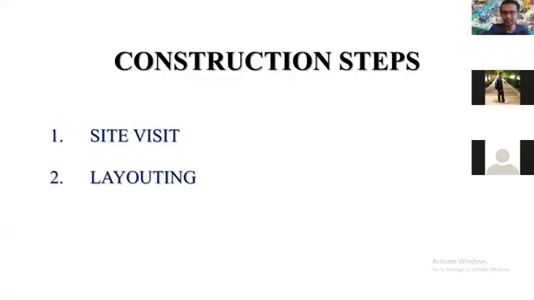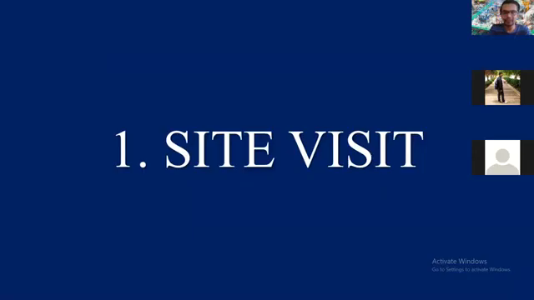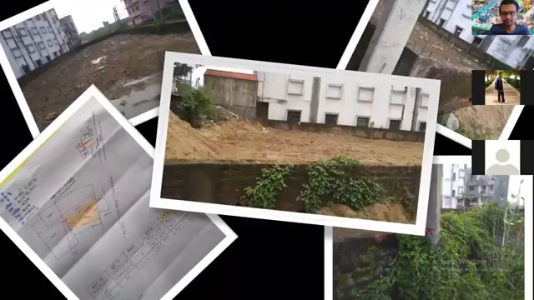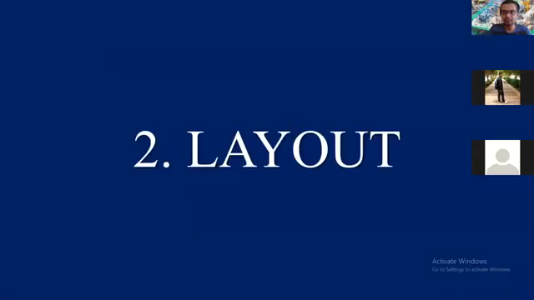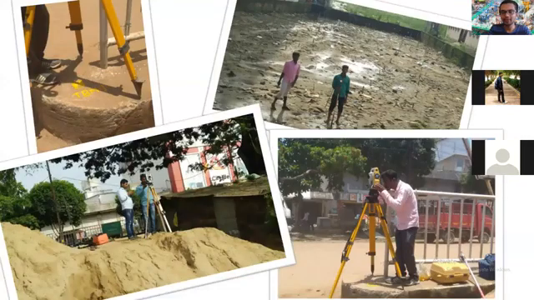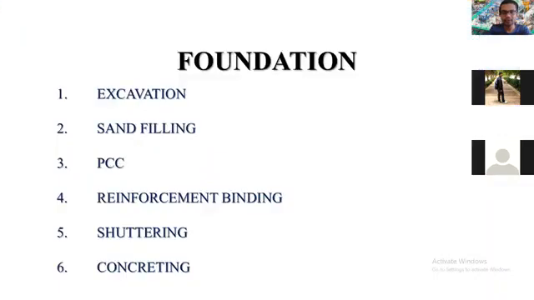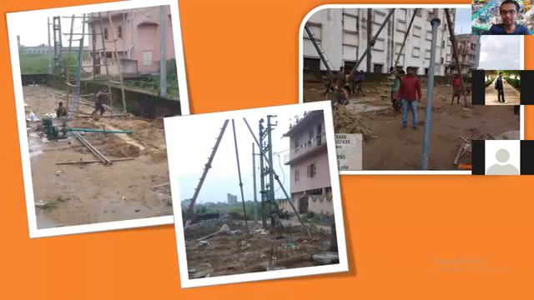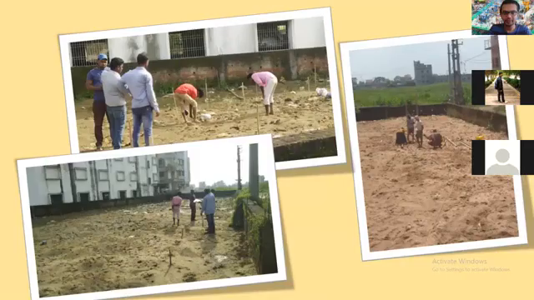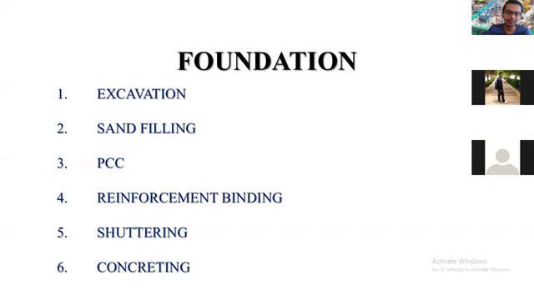We had discussed the site visit and what points you need to observe at the site visit. The layouting part we had completed: the difference between topographical survey and layout survey, and why the layout is done, that is, to mark the position of your footings. In the foundation, we discussed how the excavation or drilling is done for the pile foundation, the tripod and the auger, and also the bentonite, the drills and the cage. We also discussed the sand filling part, why sand is preferred as backfilling material over soil.